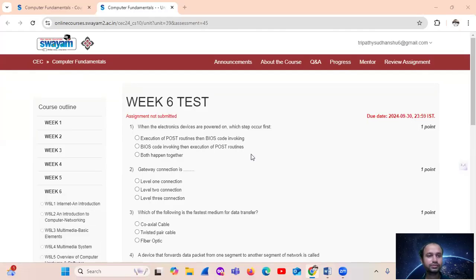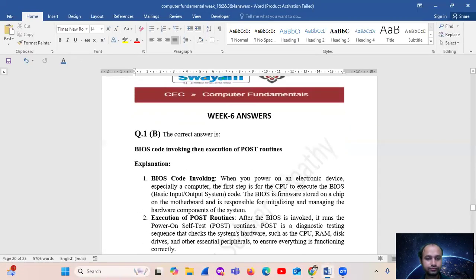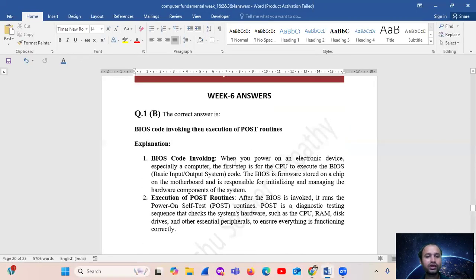तो हेलो वेलकम। आज हम देखेंगे कंप्यूटर फंडामेंटल्स का वीक 6 टेस्ट। क्वेश्चन नंबर 1, व्हेन द इलेक्ट्रॉनिक्स डिवाइसेस आर पावर्ड ऑन, व्हिच स्टेप ऑकर फर्स्ट। तो इसका आंसर हो जाएगा, okay, कि BIOS कोड इन्वोकिंग, देन एक्जीक्यूशन ऑफ पोस्ट रूटीन्स। पहले BIOS सेटअप होगा, तो एक्सप्लेनेशन यह होगा कि BIOS मींस बेसिक इनपुट आउटपुट सिस्टम। सो व्हेन द पावर